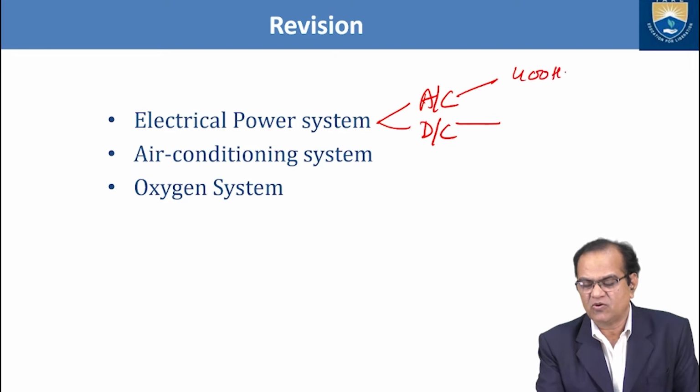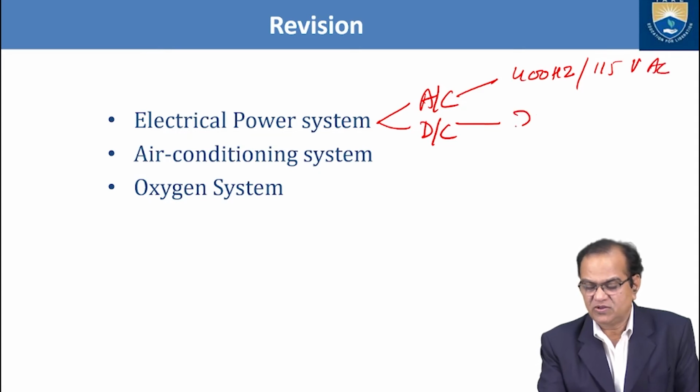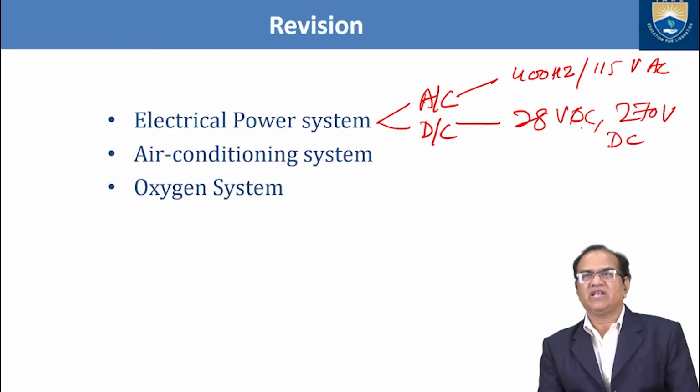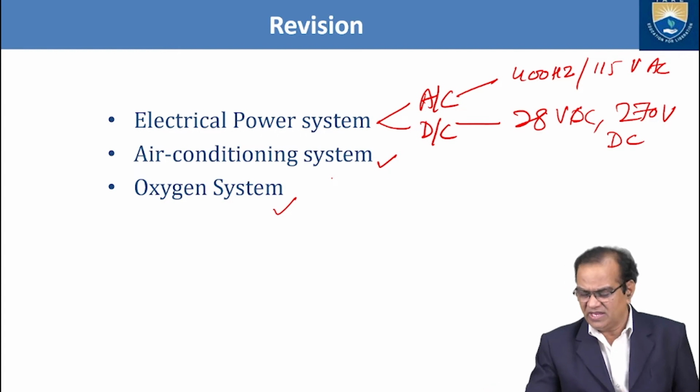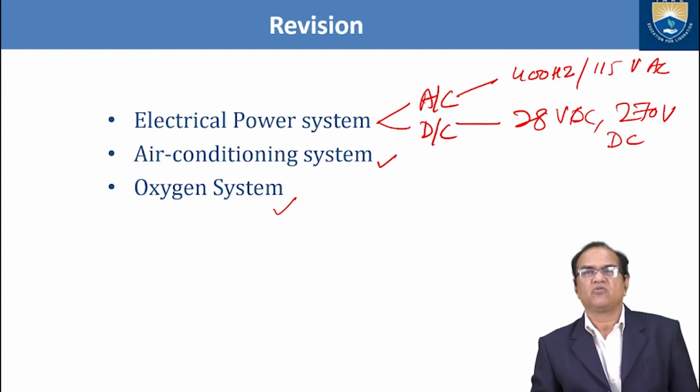Normally we use 400 Hertz, 115 volt AC. Here we use 28 volt DC, or nowadays we are using 270 volt DC. Like this we are using power, and I will discuss the air conditioning and the oxygen system briefly before I go to the